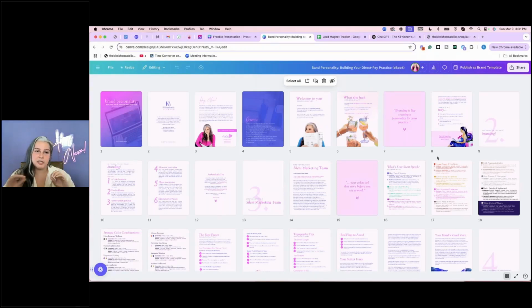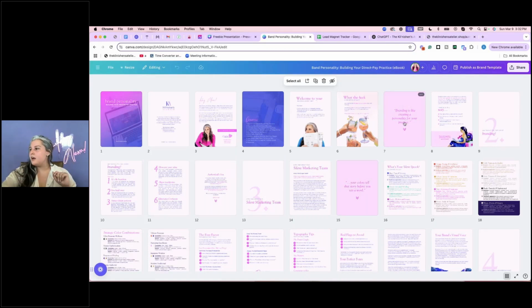Again, yours doesn't have to be nearly this long, but I just really wanted to give a very in-depth sight of what branding is, because I feel like that is something my audience doesn't really understand, and I really wanted them to understand the importance of branding. If you notice, I have a lot of open space. I'm not going to call it white space because it's actually baby pink, but a lot of white space, some